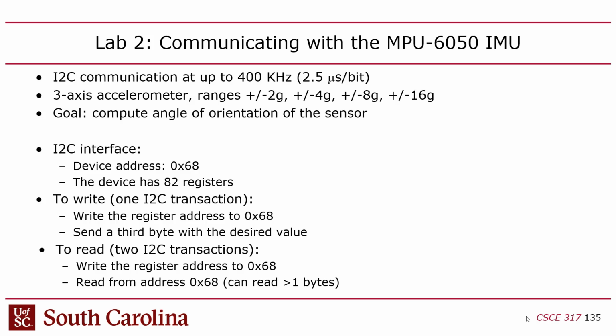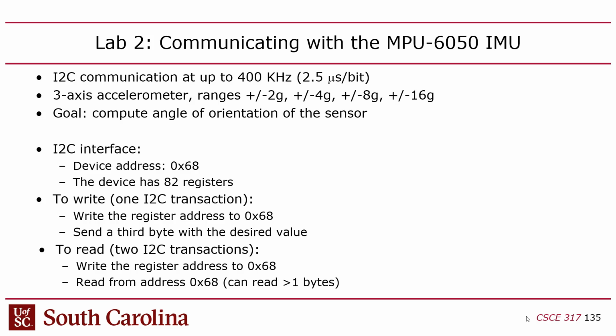Right. Yep. So it's a two-phase thing, which you might say, "God, that's a lot of trouble." But yeah, it's one of the consequences of having this multi-master, multi-slave bus. The address has to be used for targeting a specific peripheral. Okay, so to write, we write something to address 68, and then,